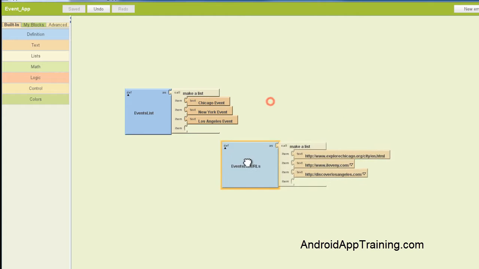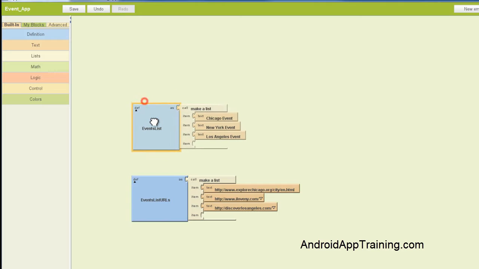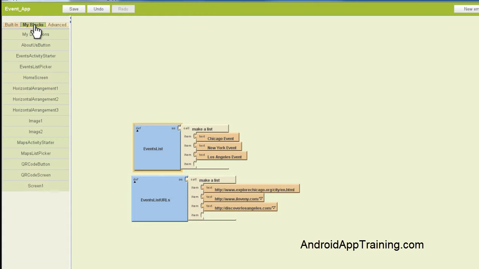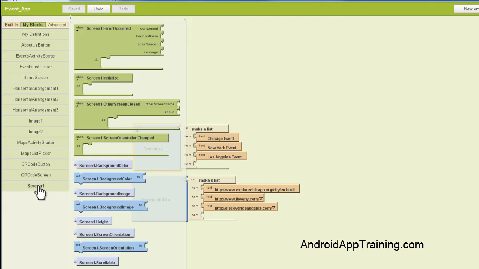Alright, so now that we've created our lists, I'm going to pull these down here, and I wanted to show you one thing. You'll always have under the My Blocks tab a Screen 1 area. And this is essentially the home screen or the main screen. So whenever somebody opens up your app, whatever's on screen 1 will show up immediately when they enter your app. Now it's important to note that when you create a list, if you ever have a list in your app, you need to pull out this